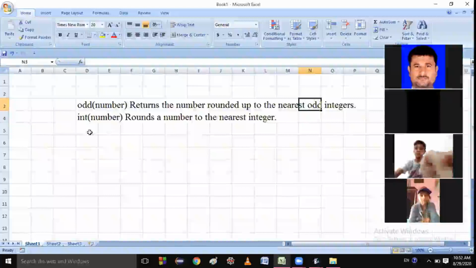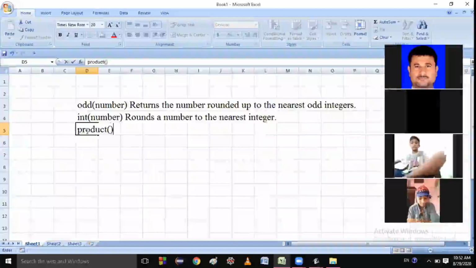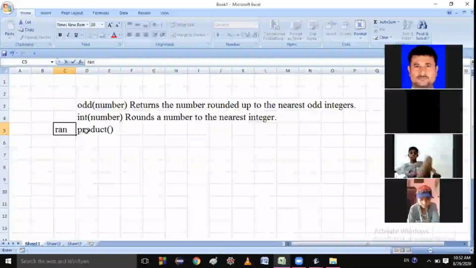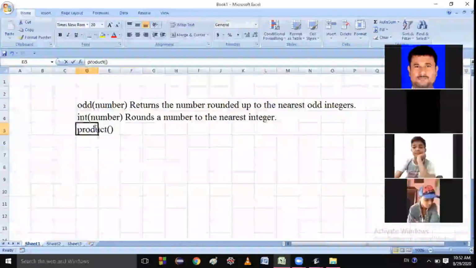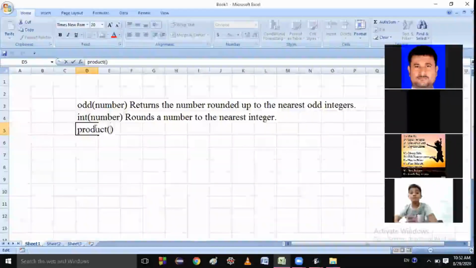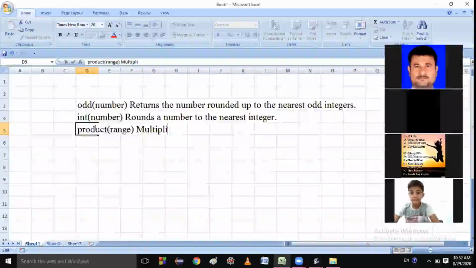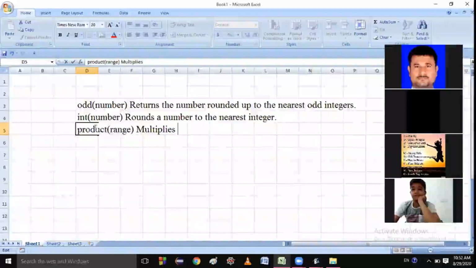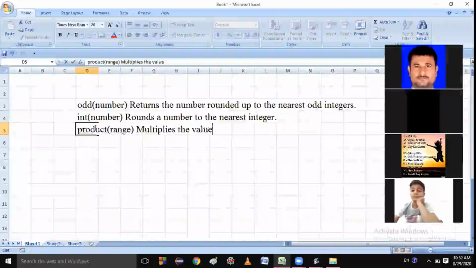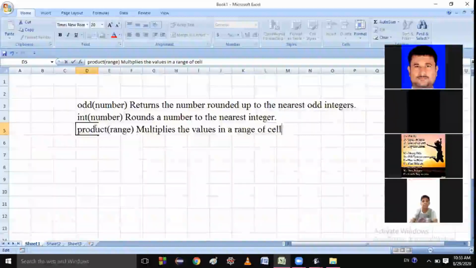Next, there is one more function, PRODUCT. It takes a range. So what will it return? It multiplies the values in a range of cells.